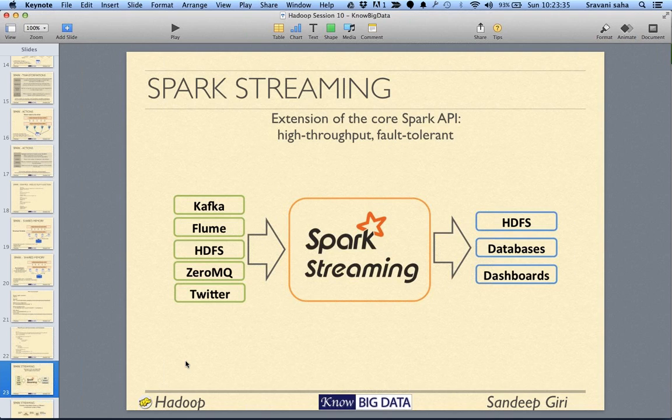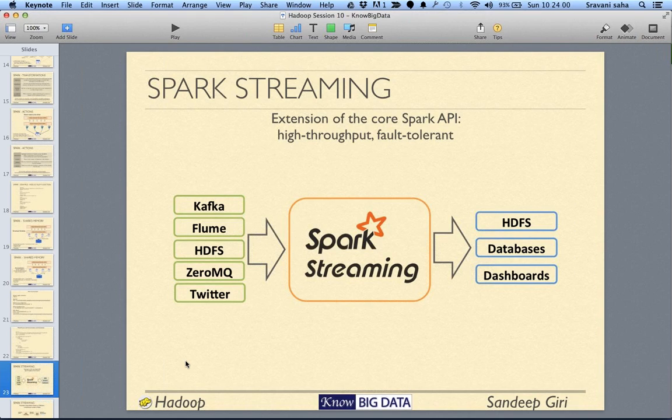That way they can actually solve a streaming problem using Spark. It started like a hack in the beginning, somebody's hack day project actually, but then it became a proper streaming API.